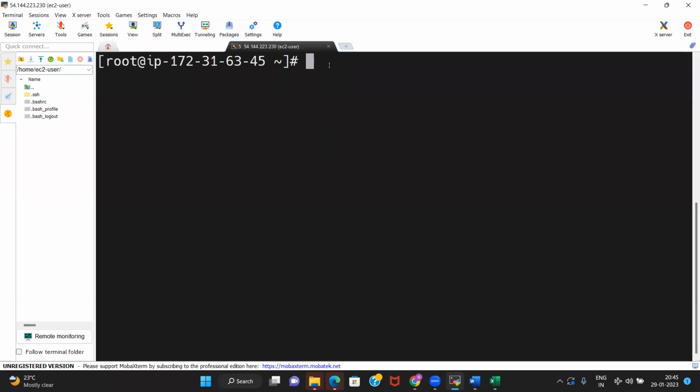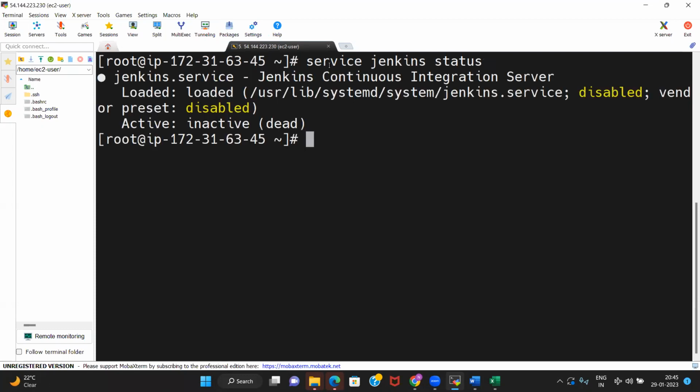Okay, once Jenkins is there, then the next command, in general, status, because we know that we just installed it, it is not running, it is disabled. Whatever it is, you see disabled. Okay, Jenkins is a service. Jenkins is basically a service. Why? Because you can create your account once this is running. You can create your own account. You can set your user and all. So this is a service.